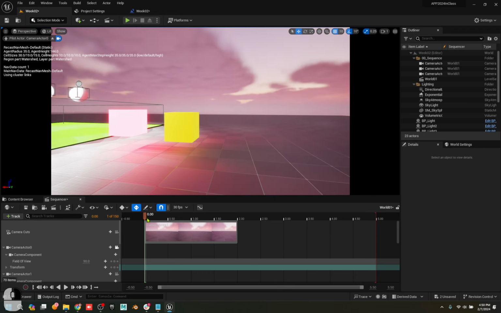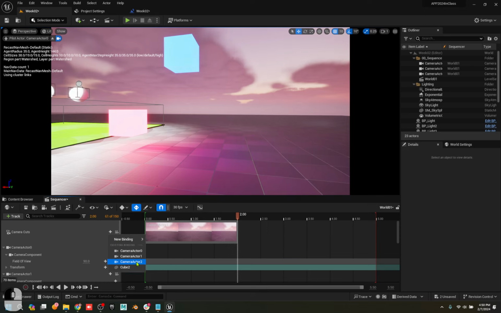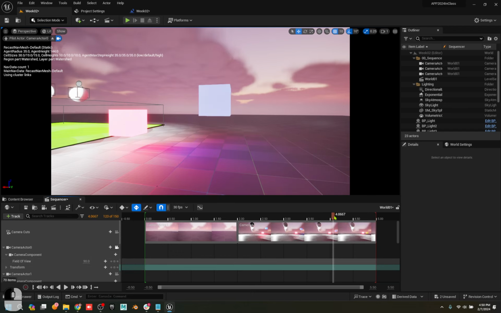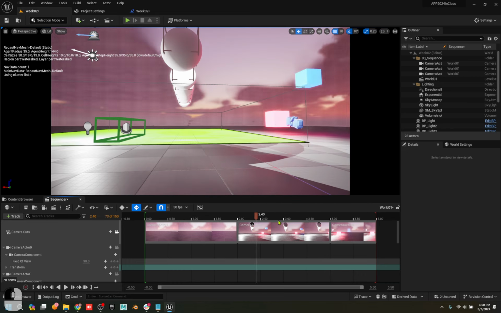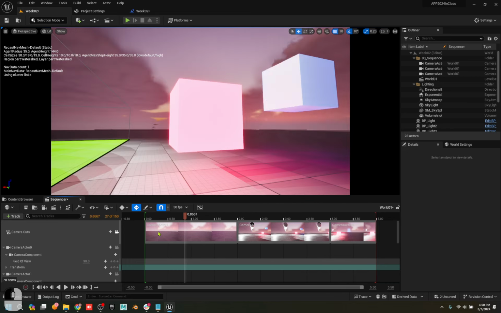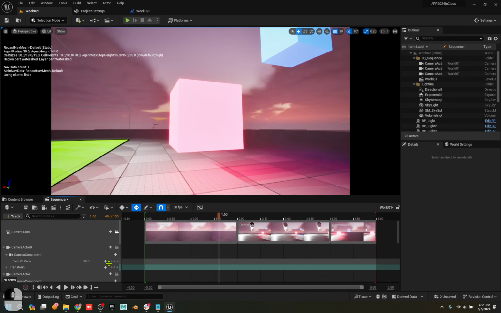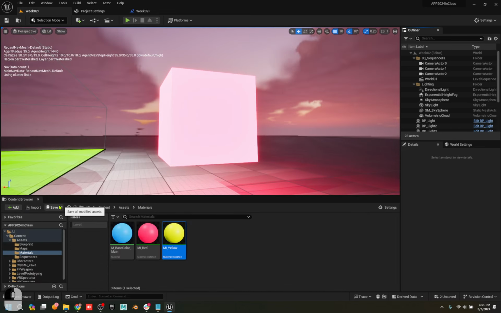So we're starting off here at 2 seconds in. We're going to add in the next one. And then at 4 seconds in, we're going to add in this camera 0. Cool. I can't see that because I'm not looking at my camera cuts. Now I can see it. So now I've created my 5 second story that when I close sequencer, save all, and hit play,